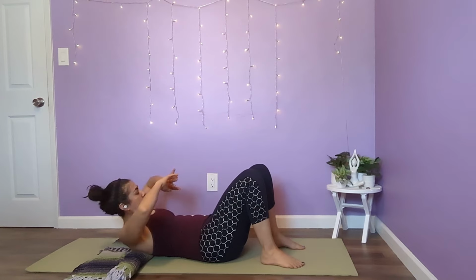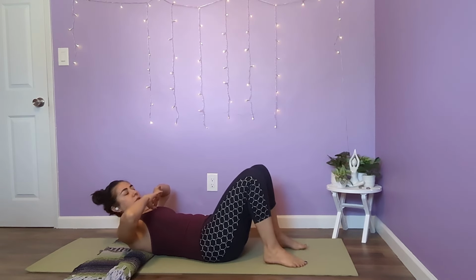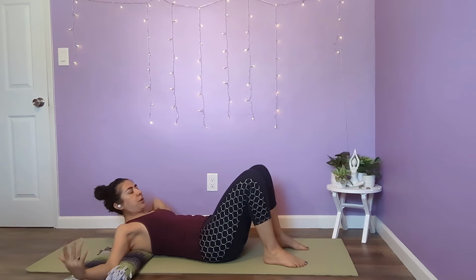So it can be a little intense, right? Because in our lives, we do everything forward, arms forward, head forward, and this is bringing us into a back bend, extension, and most of our life we're in flexion, especially with our sitting culture. So here I've got the lower tips of my shoulder blades on the block, or excuse me, on the roll. I can tell my arms will easily come above the roll, and then I'm bringing my hands behind my head,